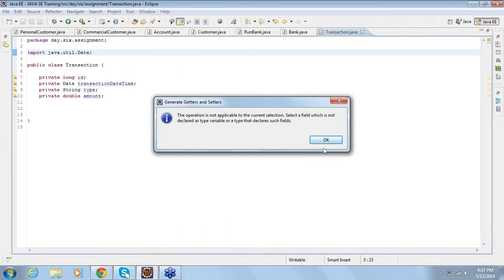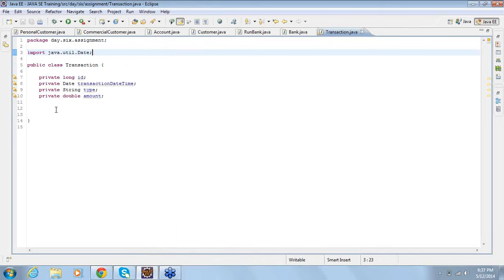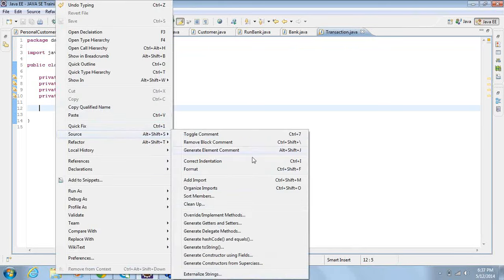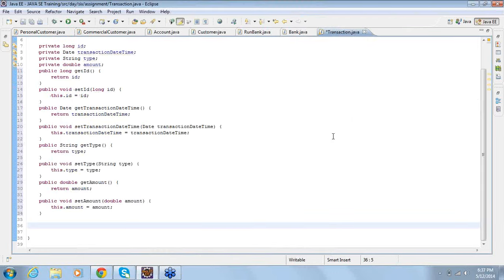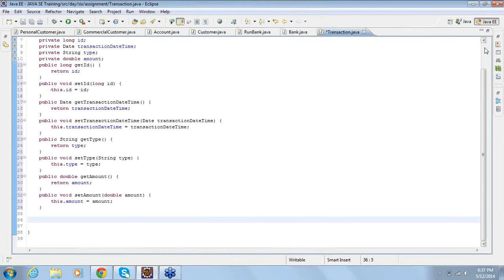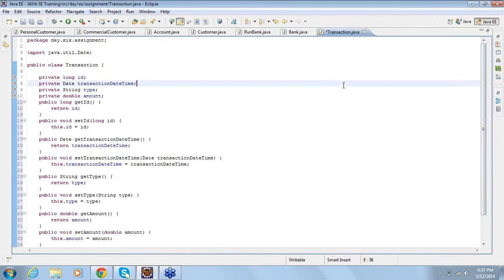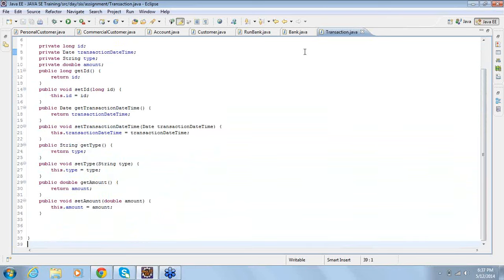Click inside a class, when you say source, when you say getters and setters. Right. Now, the class has been created.